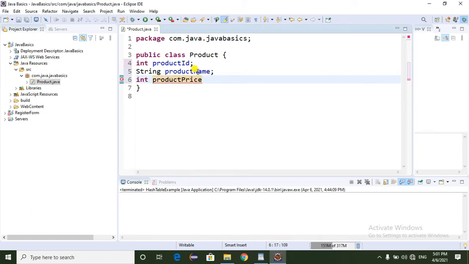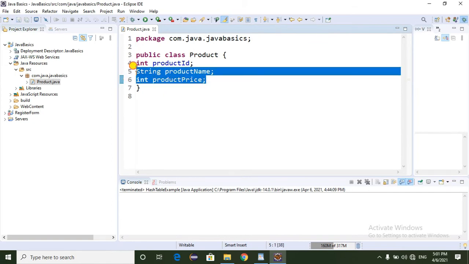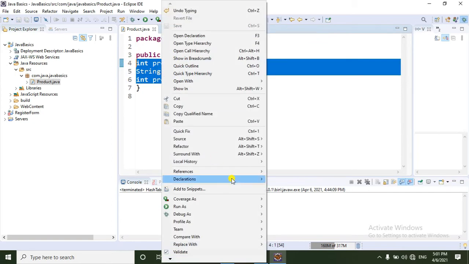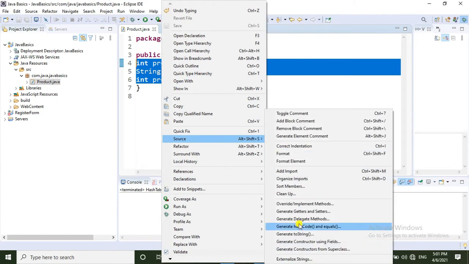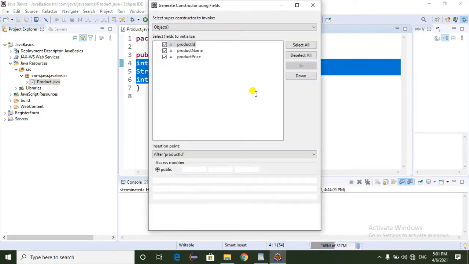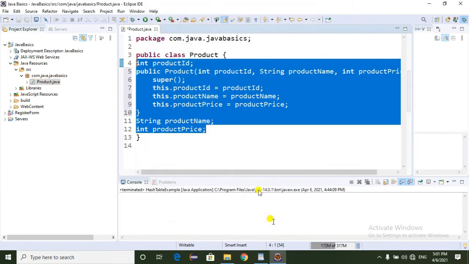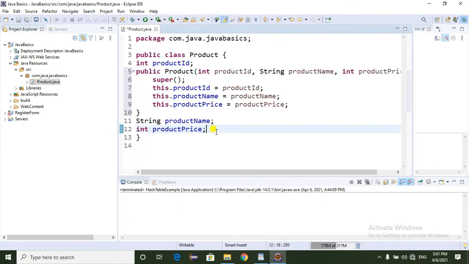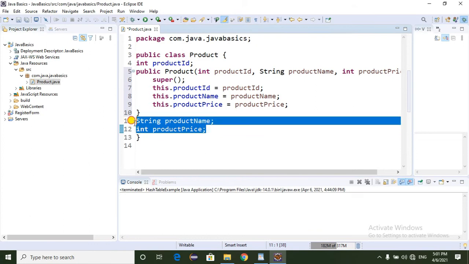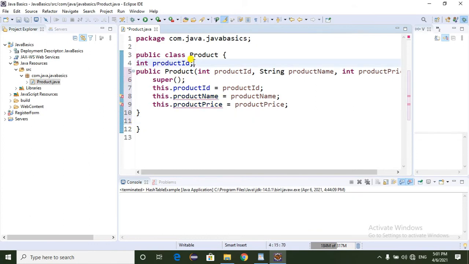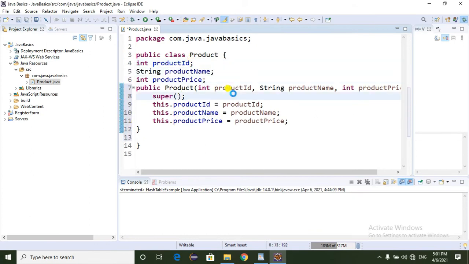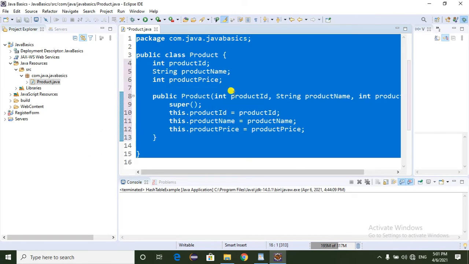Now I am going to generate a constructor for all these properties. Just go to Source and select Generate Constructor using Fields. It automatically generates the constructor for all these properties. Just cut and paste here. Now we can format it.